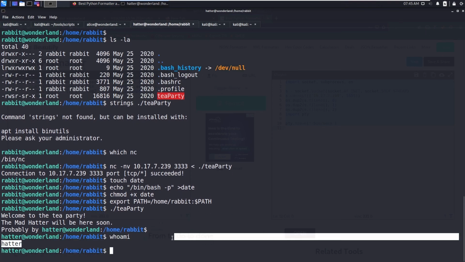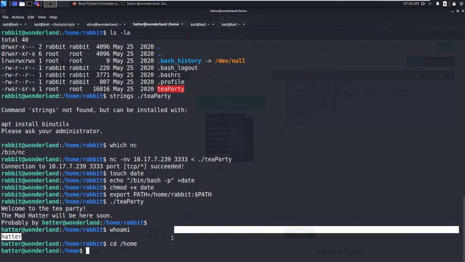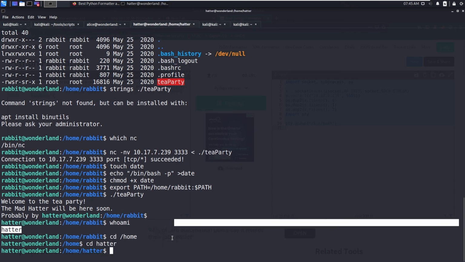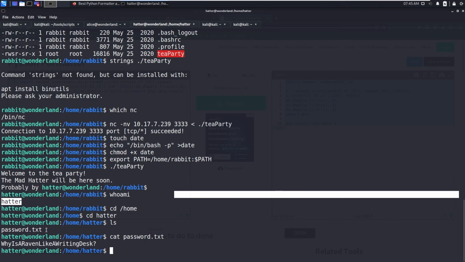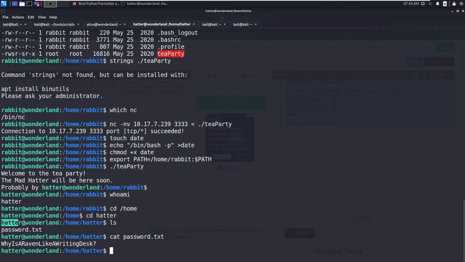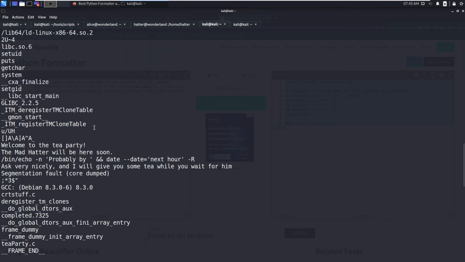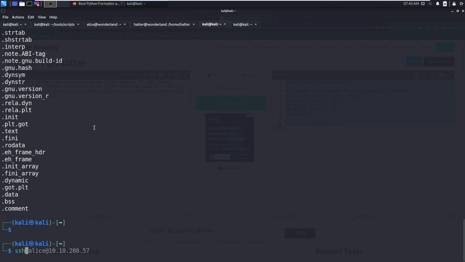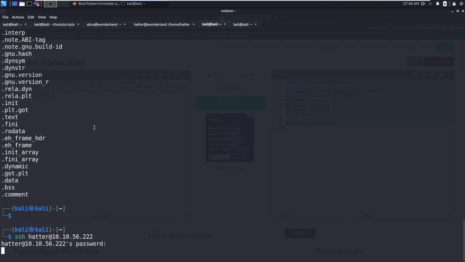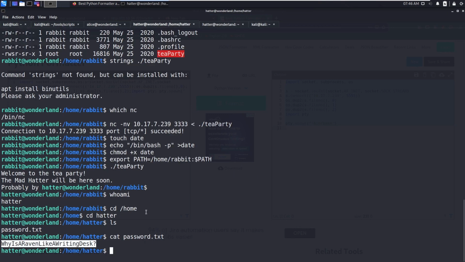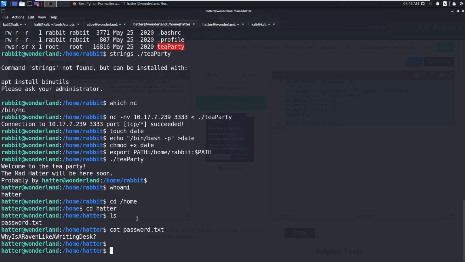Okay, let's go to the home directory of hatter. ls, and we have the password. So this is the password of this hatter user. I tried it for the root user, it did not work, so let's copy this one, and now what you can do is SSH into this one. So we will get a nice decent shell. Now you can just close this shell, but anyway we will keep that shell.